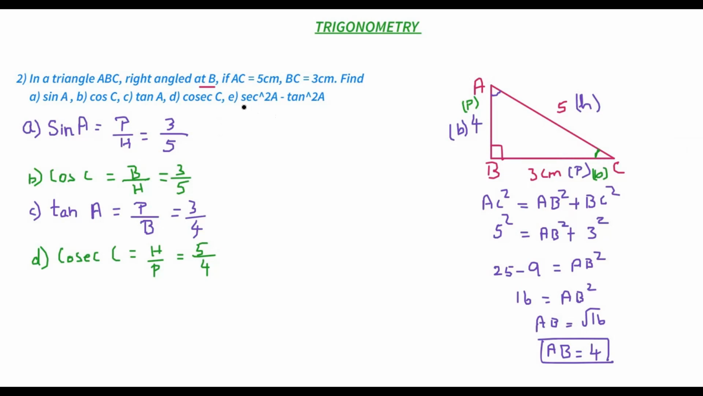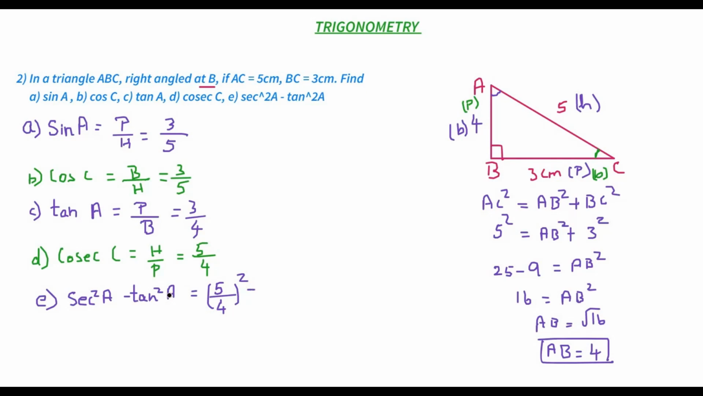Now our last question is secant square A minus tan square A. So this is a little different. We have not used square so far. Now we are going to use the square. So our question E is secant square A minus tan square A. Now both are for A. What is secant square A? Yes, secant is the reciprocal of cos, which is hypotenuse by base. Hypotenuse is 5, 5 by our base here, which is 4. So it is 5 by 4 the whole square, because secant square, minus tan